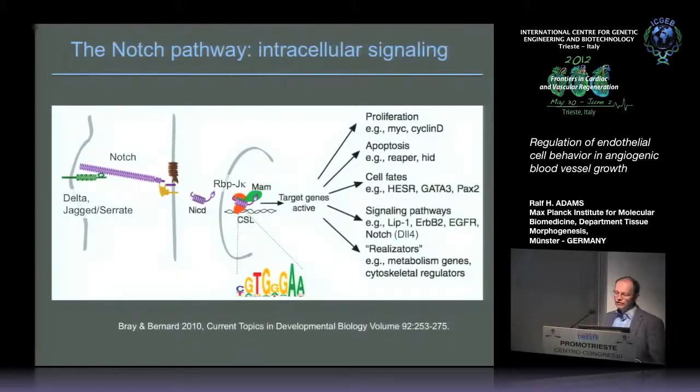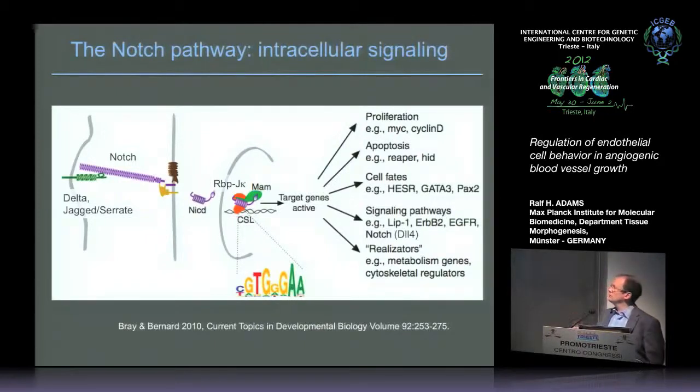I'm sure you're all familiar with the Notch pathway, just the key principles. We have membrane-anchored ligands belonging either to the Delta family, like delta-like 4, or the Jagged/Serrate family, and I will be talking about the ligand JAGGED1 briefly. These membrane-anchored ligands interact with membrane-anchored Notch receptors, and the binding leads to cleavage processes that release the extracellular domain of the Notch receptor, and also release the intracellular domain shown here, that is then translocated to the nucleus